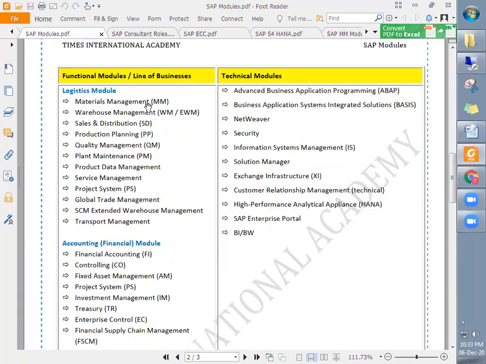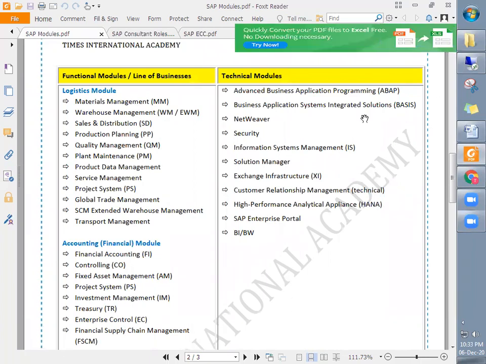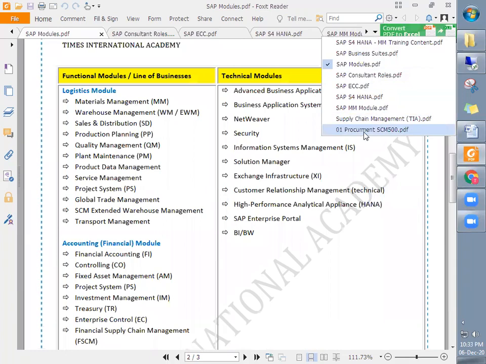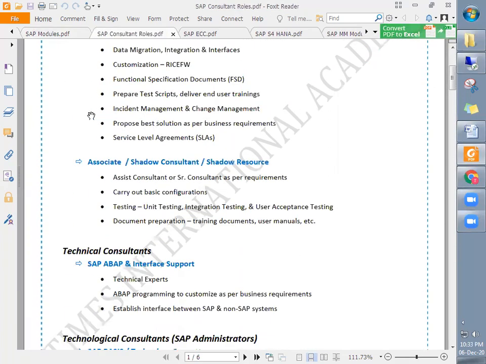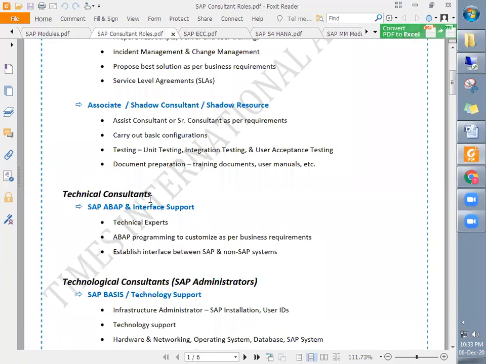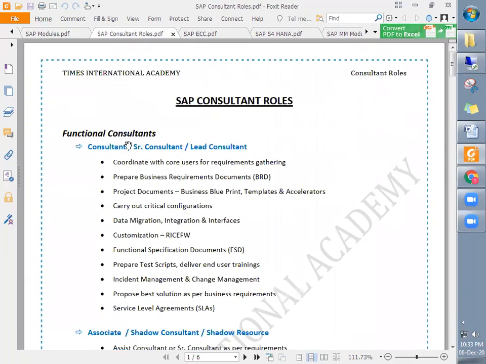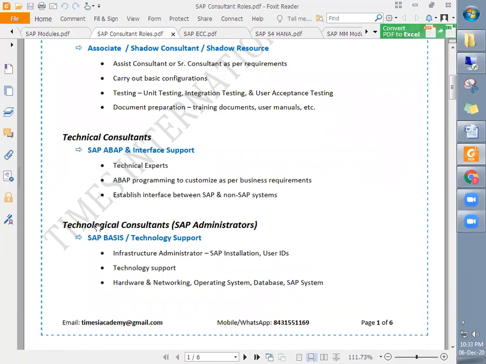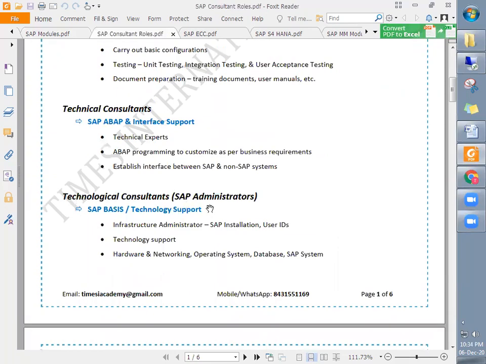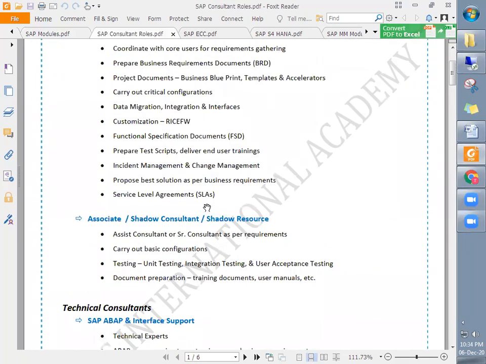All these are functional modules, and all these are technical modules. Talking about the career opportunities, there are functional consultants, technical consultants and technological consultants. These are different consultants.